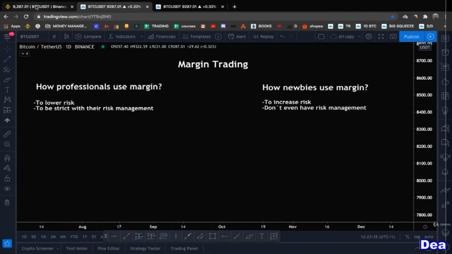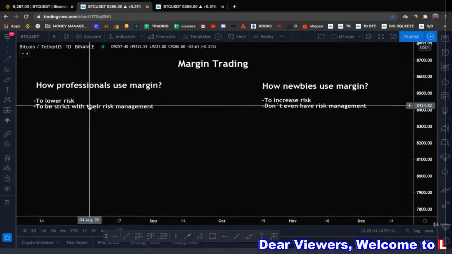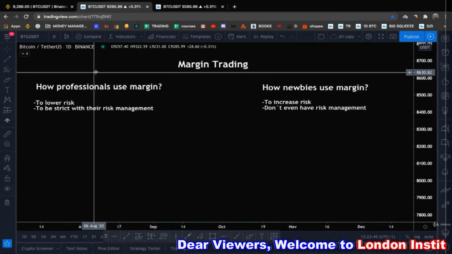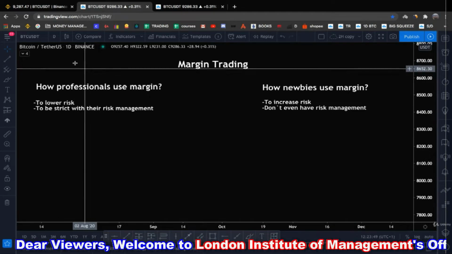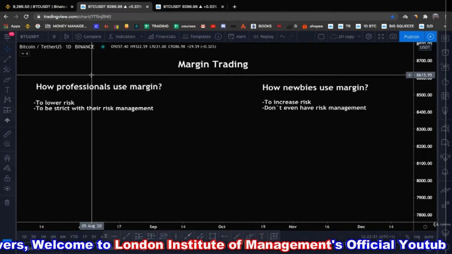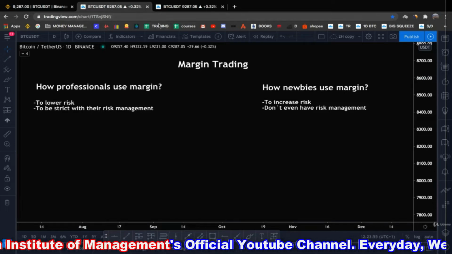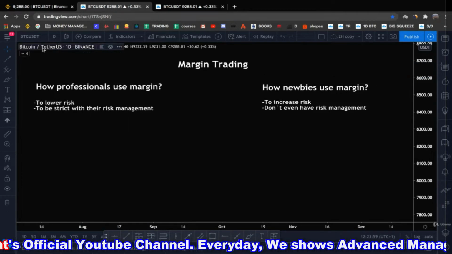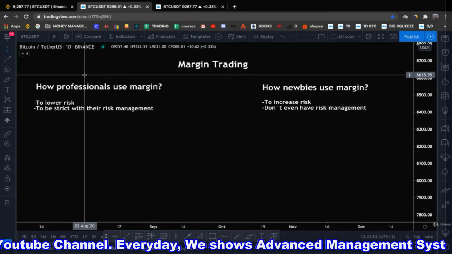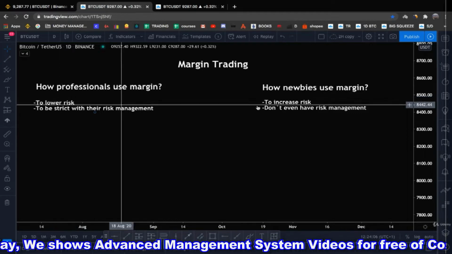If something happens, if someone hacks their account or something happens with Binance, they disappear. There are some crypto exchanges that just disappear, right? When I was starting with crypto, there was one exchange, and good thing I did not have a lot of money there, they just closed doors. They just disappeared. And this is what can happen, especially with these crypto exchanges that are new. So the main reason is to lower risk.